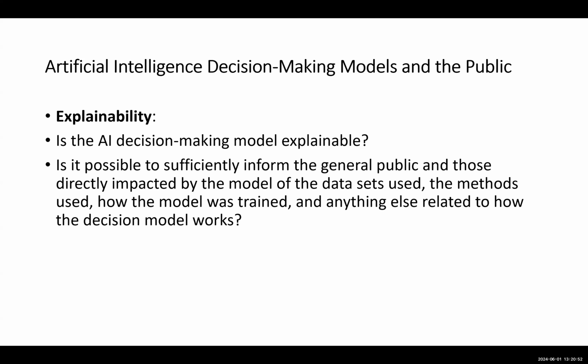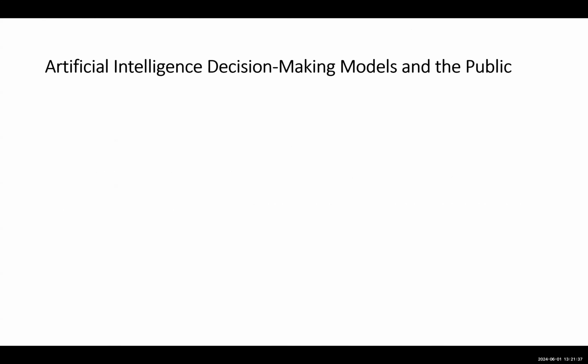It's a life and death situation in a lot of these cases. And so you would want to give sufficient information for the people whose lives are going to be altered as a result. For instance, we would want to make it very clear how these models were trained, what the data was, what the biases are that are a part of it, and anything else that might be involved with how these decision models work. So this notion of explainability then gives rise to another principle that we need to take